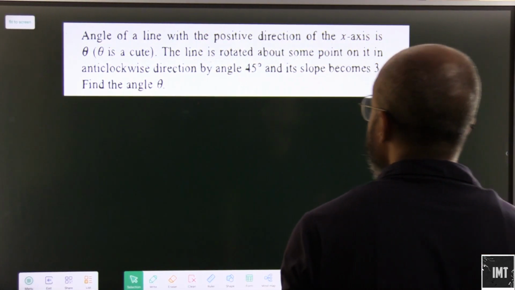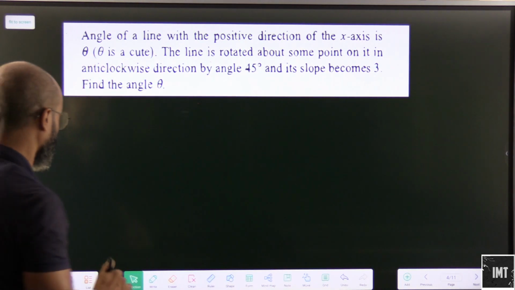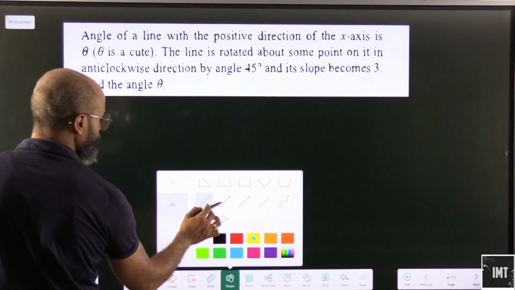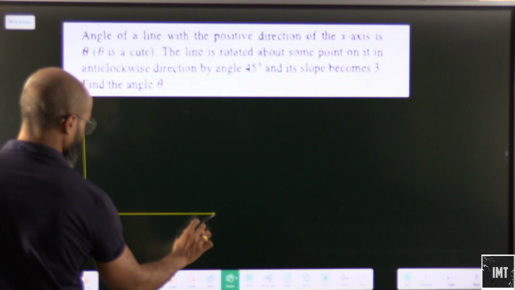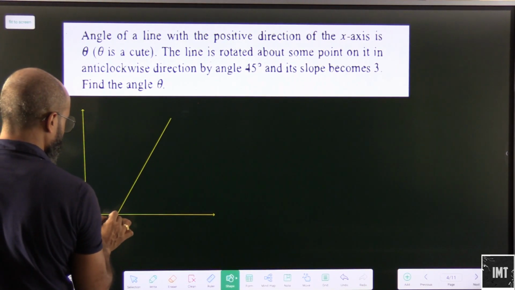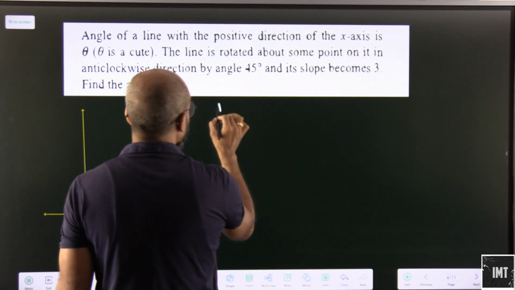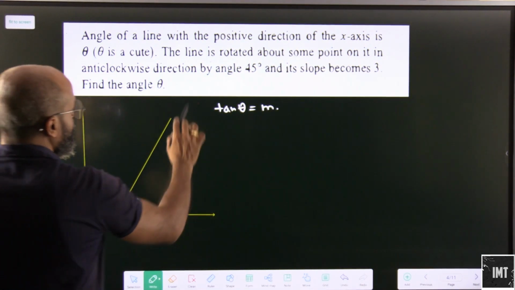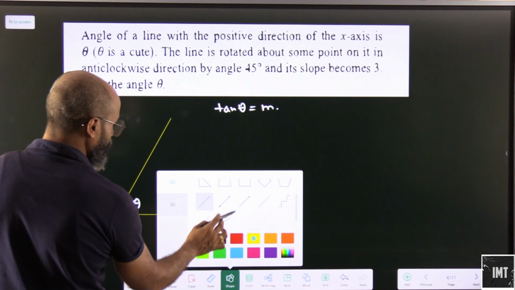So in this problem what we have is the angle of a line with the positive direction of the x-axis is theta. So obviously we can say, let's say this is the line, we have the x and the y axis here, and the angle of a line with the positive direction of the x-axis is basically theta. So this is basically theta. So we can say that tan theta is equal to m, where theta is acute. If the line is rotated about the same point in an anti-clockwise direction, so let's say the line now has been rotated